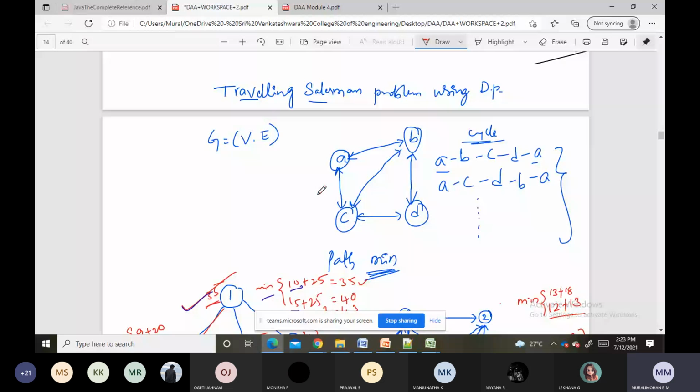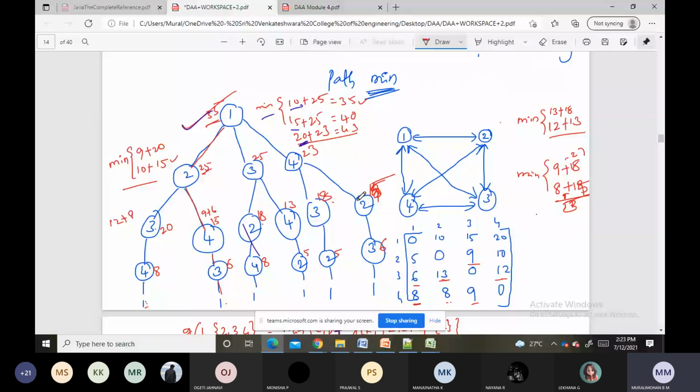So for that, one of the brute force models we designed in the previous class is for this particular graph. For this particular graph, the distance matrix is given here, and assume that we are at a vertex. We are starting from vertex 1, and the possible routes available for the salesman are either he can go to vertex 2, or he can go to vertex 3, or he can go to vertex 4, right?